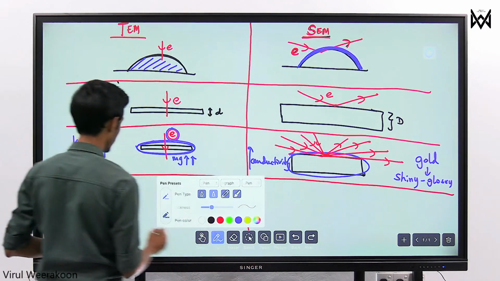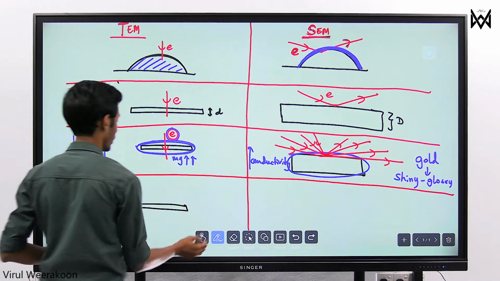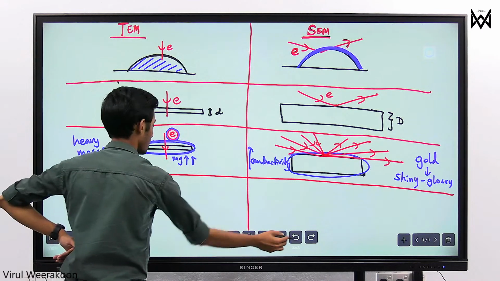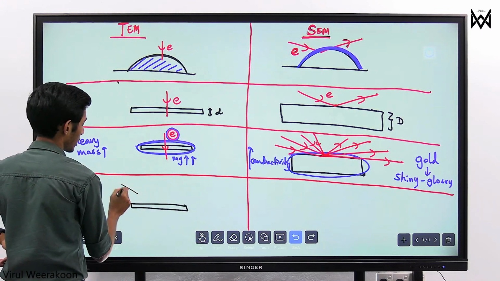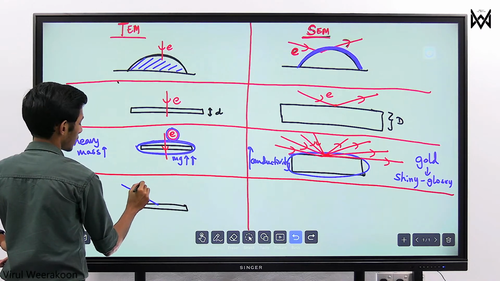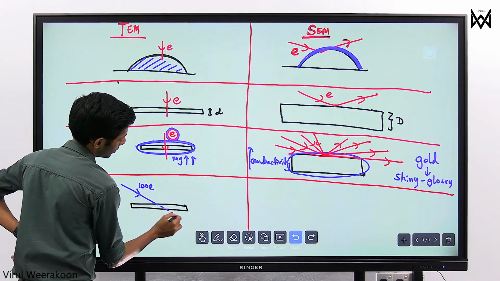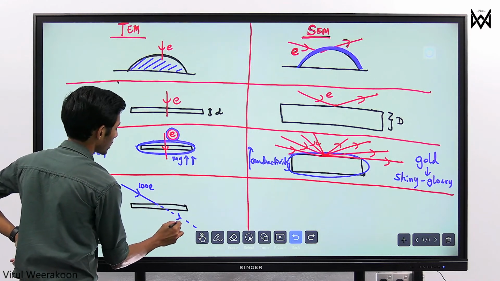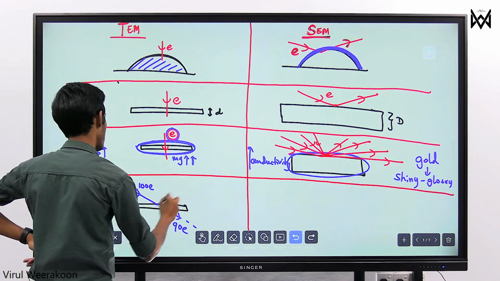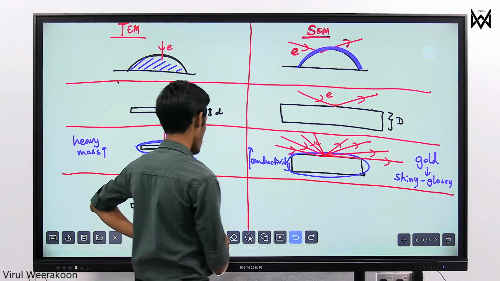Final one, right? What happened here? Here the specimen is very thin. Imagine 100 electrons are coming towards the specimen. What will happen? The majority are going through. We'll say 90 electrons are going through the specimen. The remaining 10 electrons will be reflected. This is what happened in